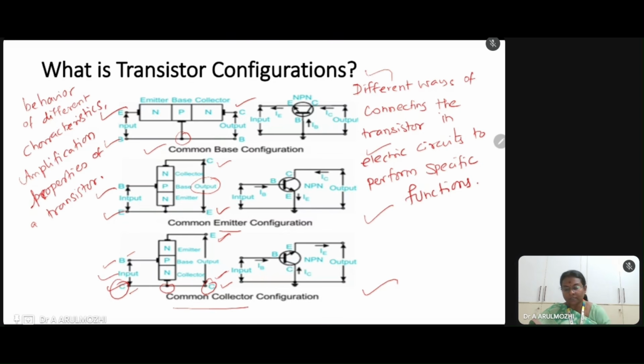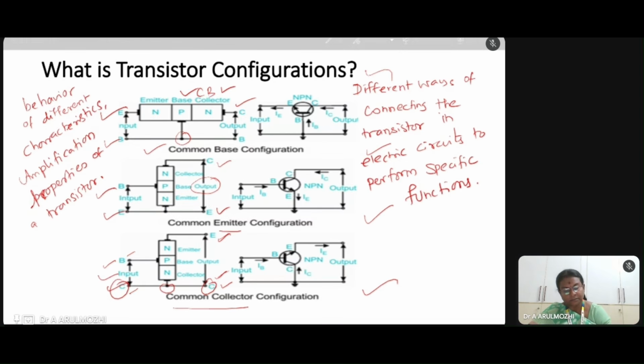If you see the common base, common emitter, and common collector configurations, the common base, CB configuration, can be used to get high voltage gain,